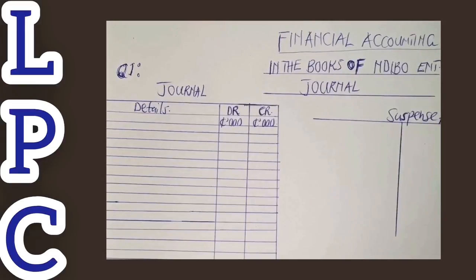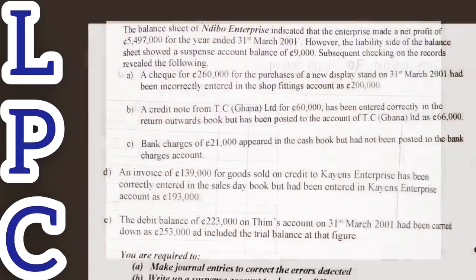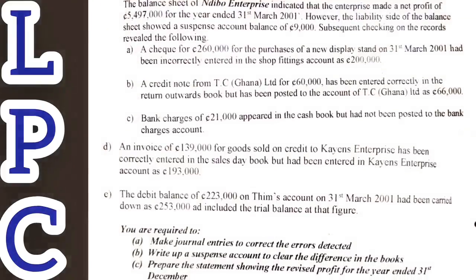Right, so there's a question that you can see on the screen. I'm reading. The balance sheet of Indabo Enterprise indicated that the enterprise made a net profit of 497,000 for the year ended 31st March 2001. However, the liability side of the balance sheet showed a suspense account balance of 49,000. Subsequent checking on the records revealed the following: